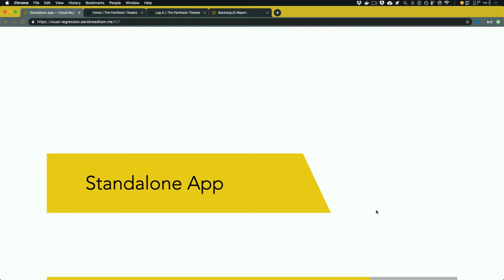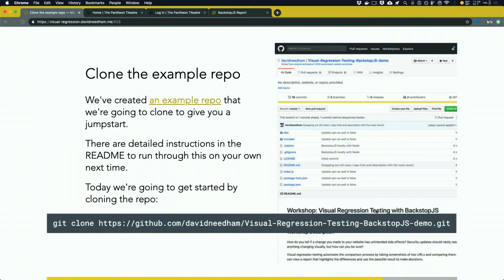Okay, and then finally the standalone app. I don't have time to go through this right now, unfortunately, but let me just talk about what it would look like. So the scenario, again, is that you have a QA team, you have someone who doesn't feel comfortable running BackstopJS themselves or configuring the YAML file. You can give them a Node app that's set up, pre-configured for your project, so that every time that you run